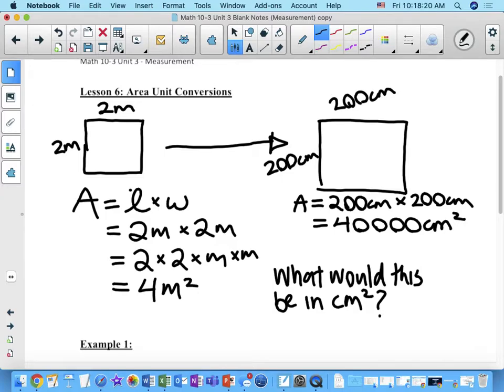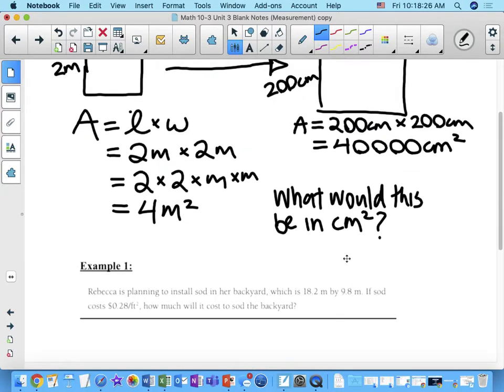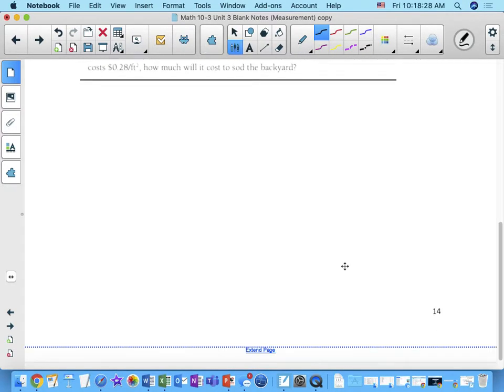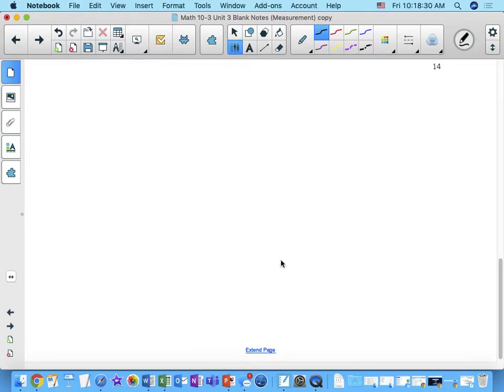One way of seeing it also is because 1 meter is 100 centimeters, it's kind of hard to see visually. But we could also see it, maybe I'll extend the page a little bit because I'm running out of room here, you know how 1 yard is 3 feet? It's kind of easier to see that way. So if you look at 1 yard by 1 yard,